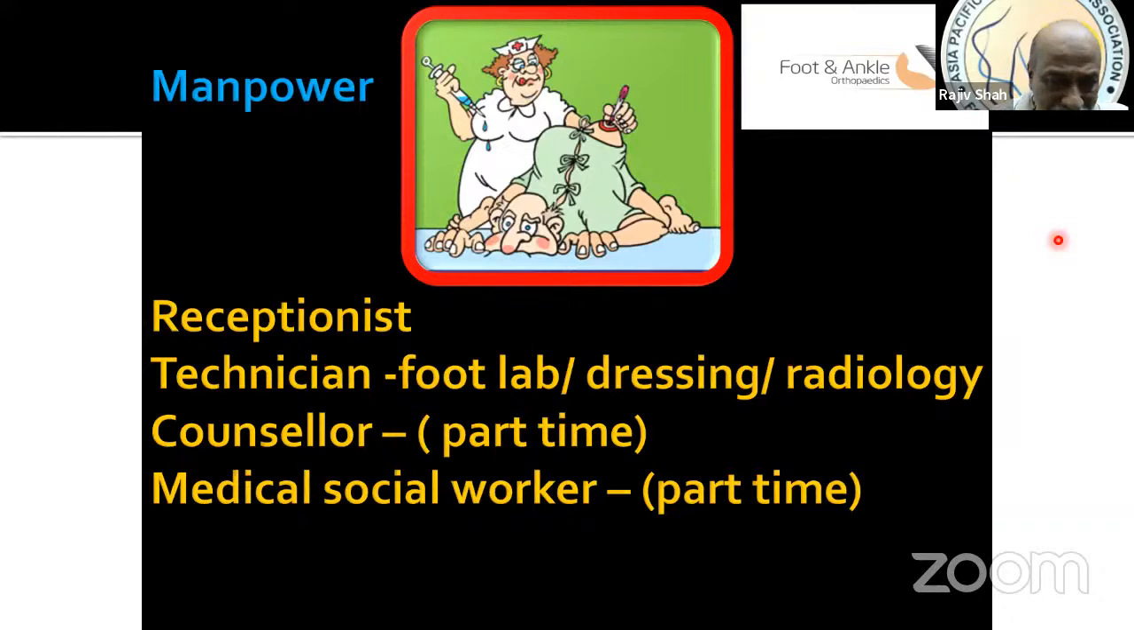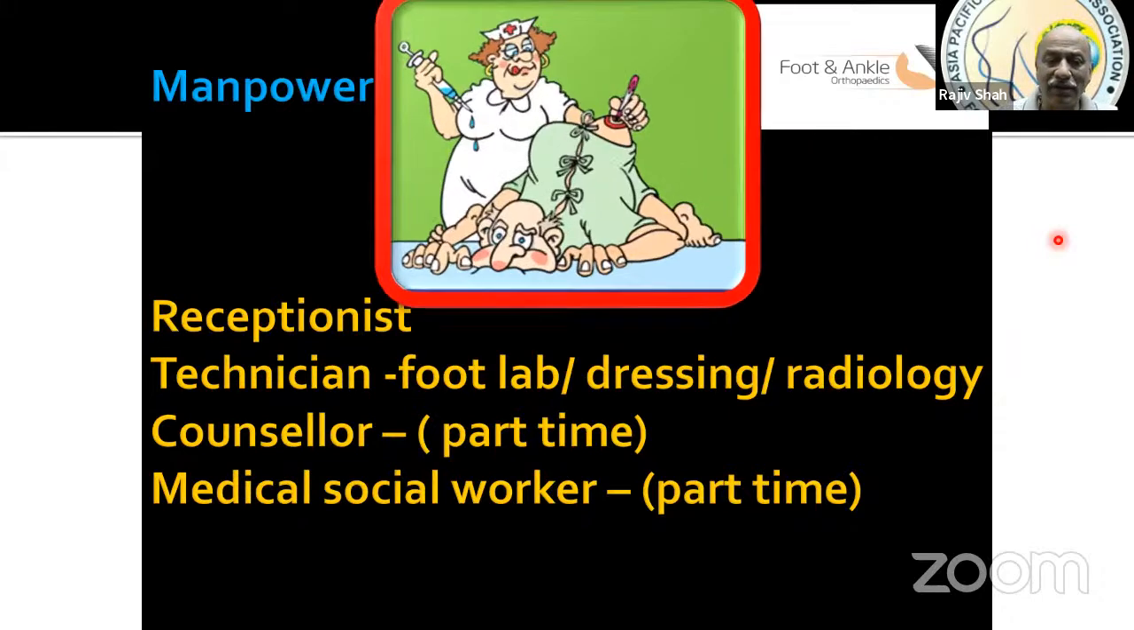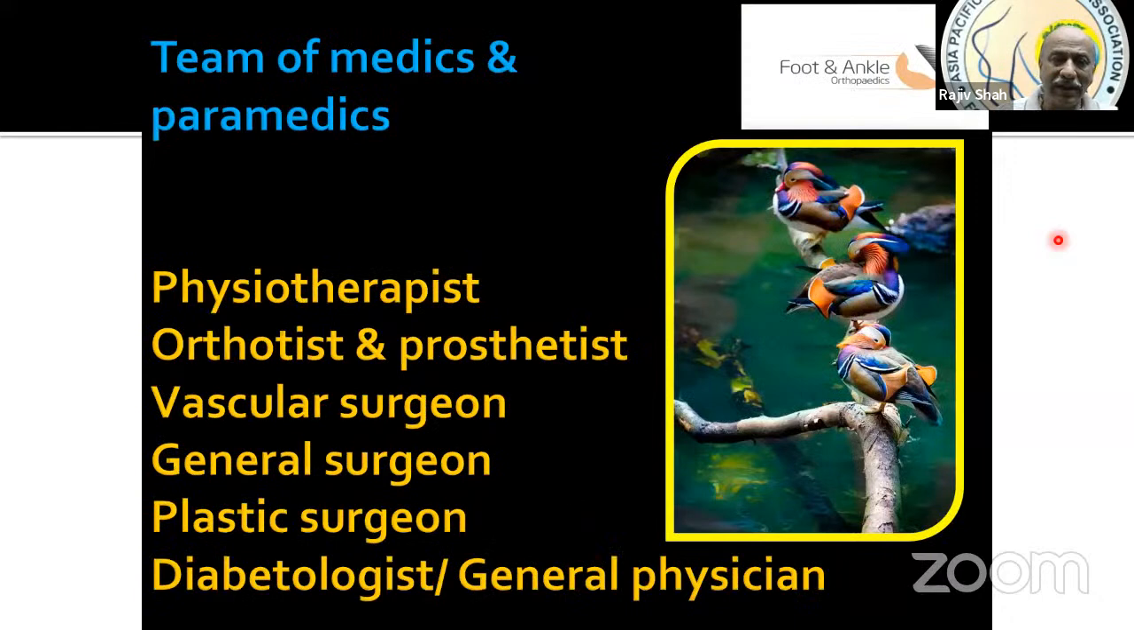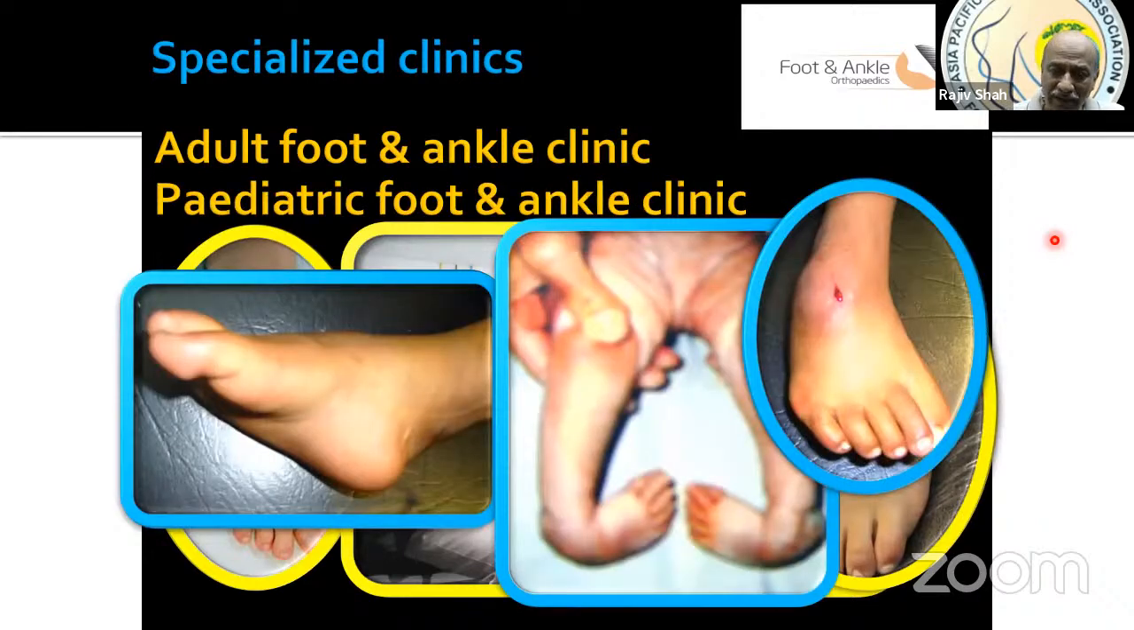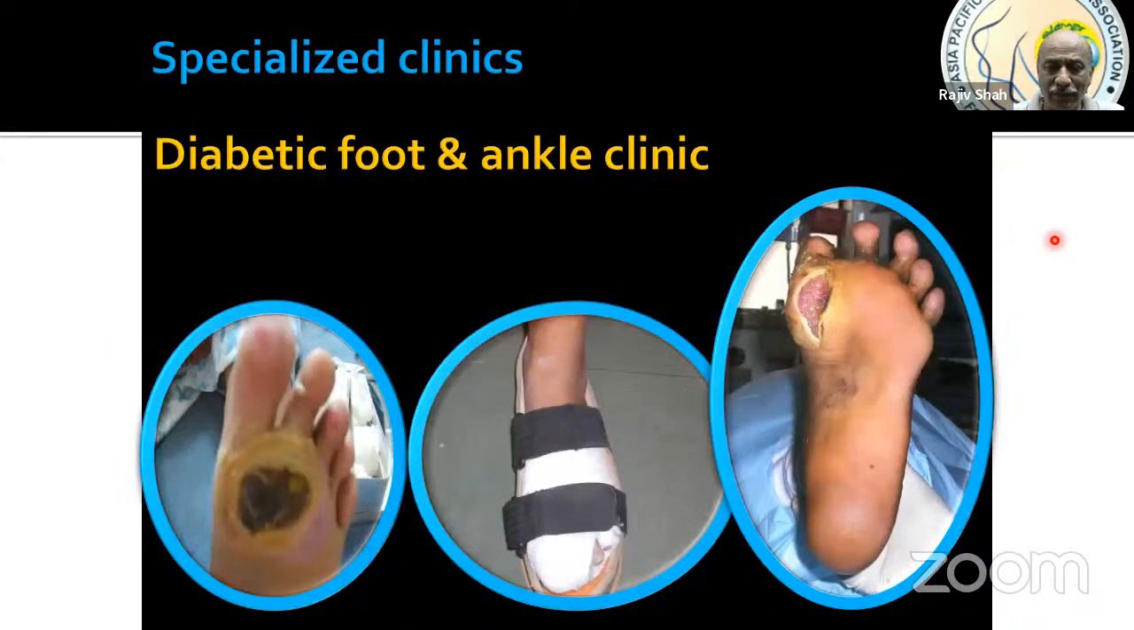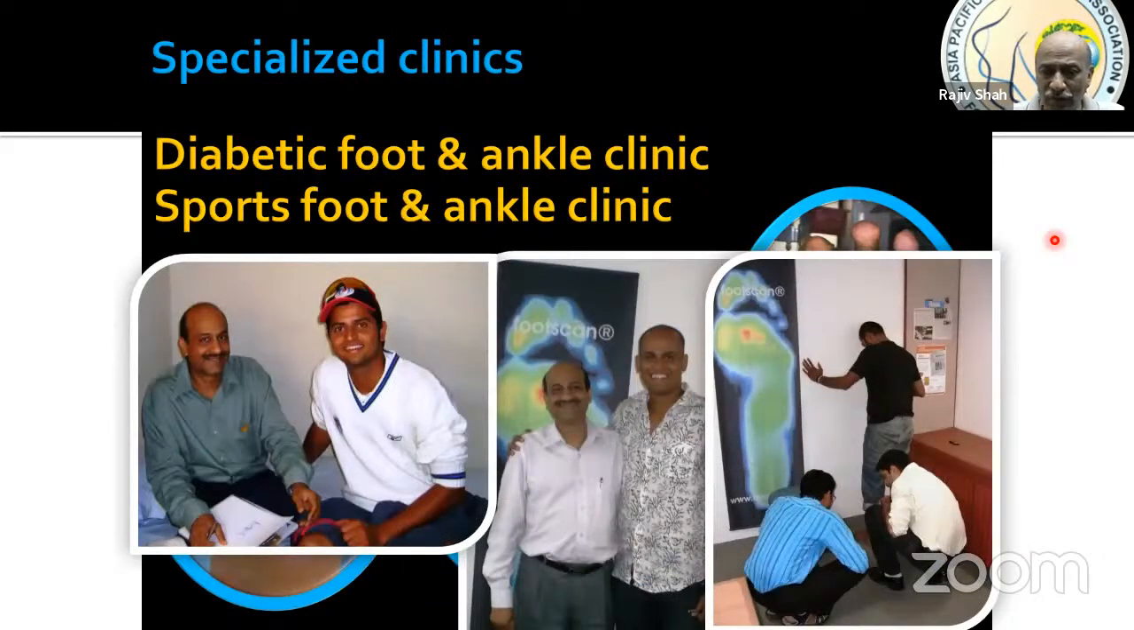Manpower, you need receptionist, technician to do foot lab, dressings and radiology all together. A part-time counselor cum medical social worker would work well. And then team of the medics and paramedics would comprise of physiotherapist, orthotist and prosthetist, a vascular surgeon, general surgeon, plastic surgeon and diabetologist or a general physician. And then special clinics which you should be running are adult foot and ankle clinic, pediatric foot and ankle clinic, diabetic foot and ankle clinic, sports foot and ankle clinic,